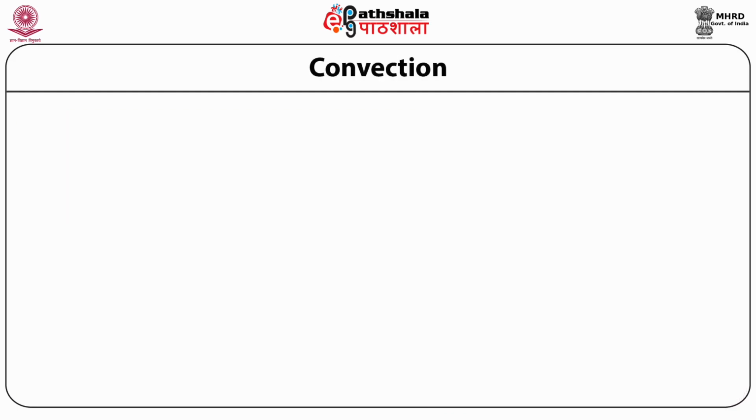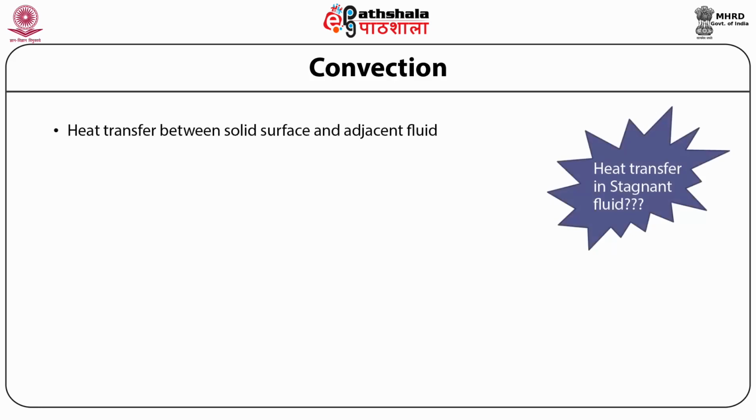In the previous module, we defined convection. Convection is a surface phenomenon. Heat energy from a solid surface is transferred to the liquid or gas adjacent to it. Heat transfer is achieved with the condition that the adjoining fluid must move. The heat is carried away by the moving fluid. Have you ever thought what the mode of heat transfer is if the fluid over a surface is stagnant? The mode of heat transfer would be conduction.